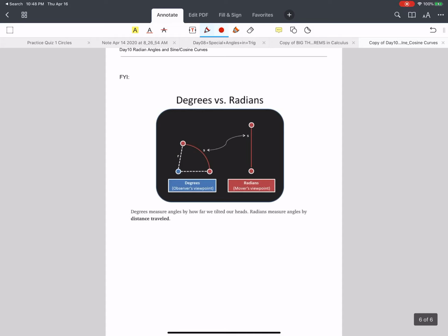Lastly, just have to mention it. Why degrees? There's a lot. You can look it up and stuff. But basically, degrees, the way you